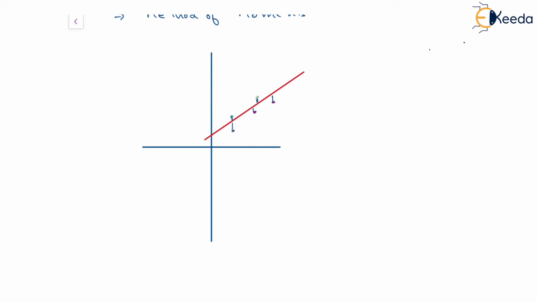So for this we can apply different methods, of which the method of least square is the best one. So let's start and discuss what happens when it comes to the straight line using the curve fitting.